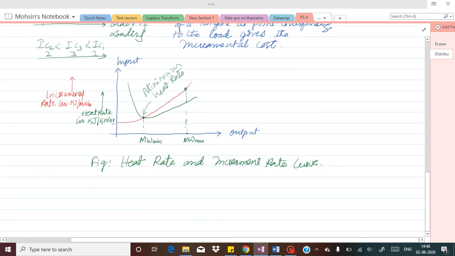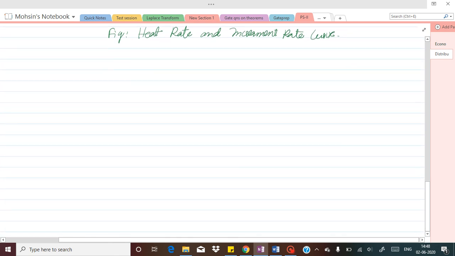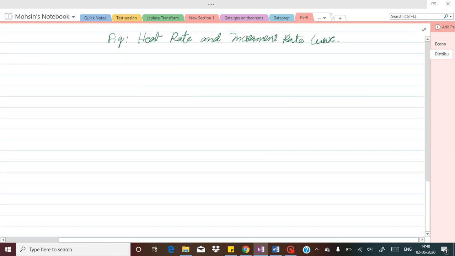Okay, so now suppose there are two units operating in a plant, then what is the economical condition when the overall operation of the plant is going to be economical if there are two units working. So that we can consider